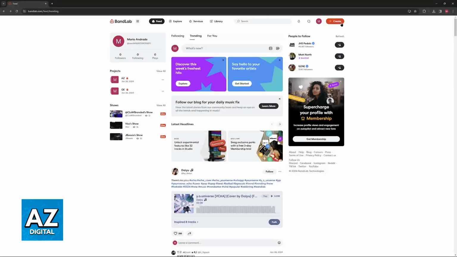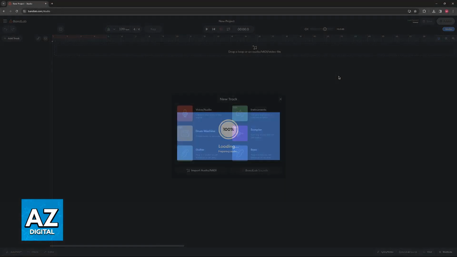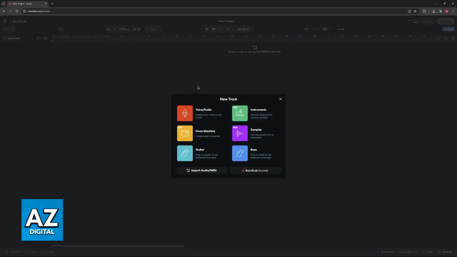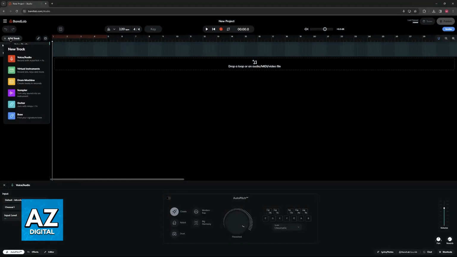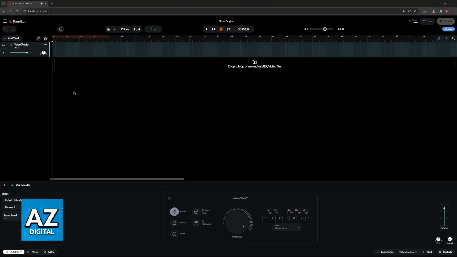Once you are inside of BandLab, go over to Create and start a new project or access a pre-existing one. Immediately upon opening up any track, you will have the option to record your voice/audio. You can also click the plus sign here and then choose voice or audio. The single most important thing is that you select the microphone that you wish to use as input, so it should appear here. Remember how I told you to set it as the default mic?